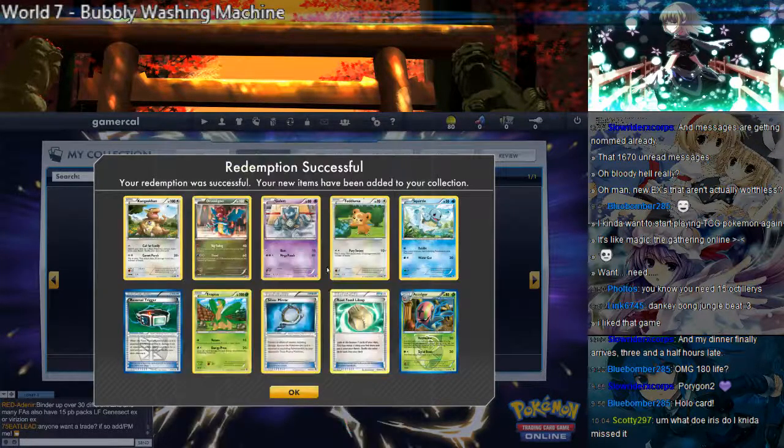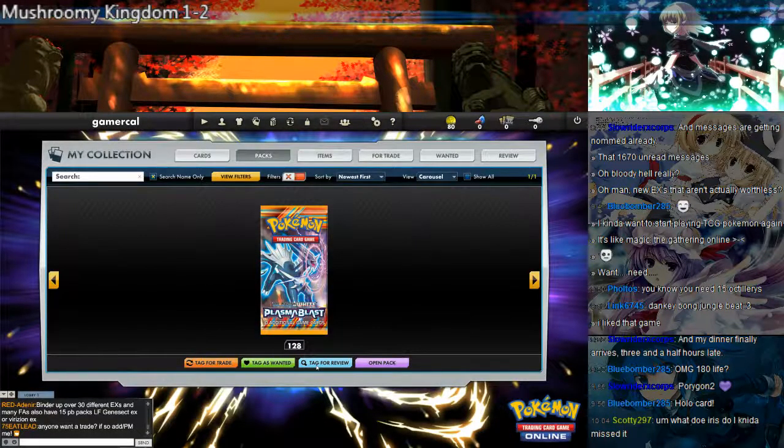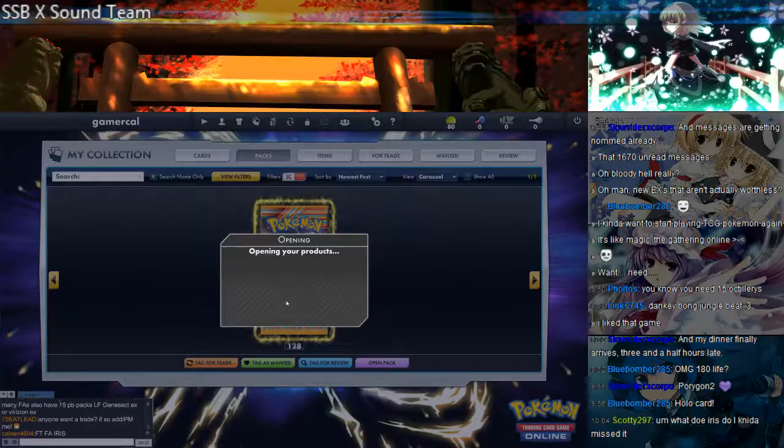You missed Iris? I'll show you Iris again when I get another one. Basically, it's a supporter that lets you do 10 more damage for each prize the opponent has taken. It's a supporter though, so...